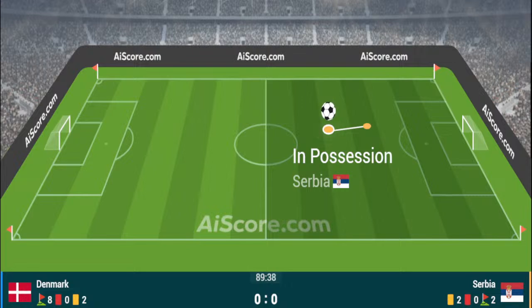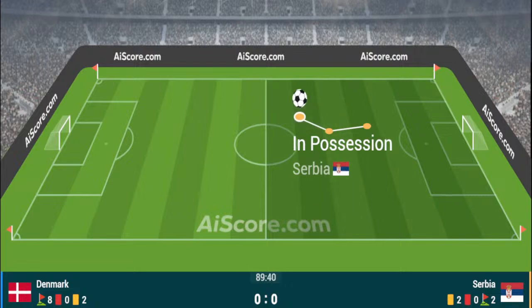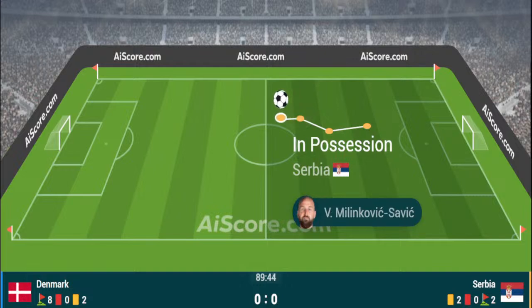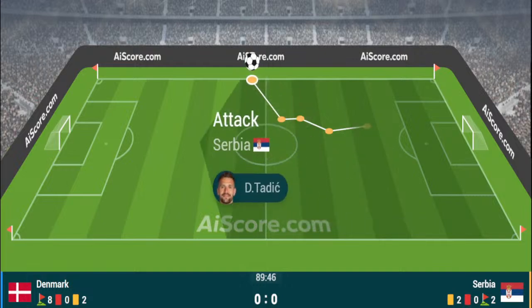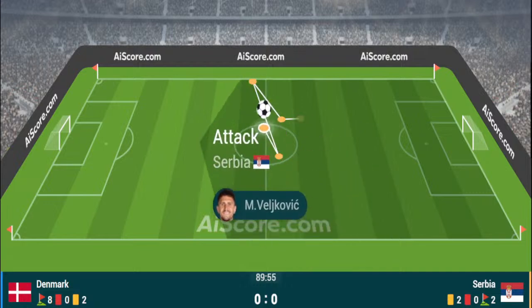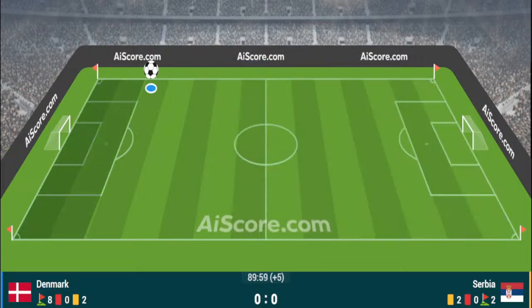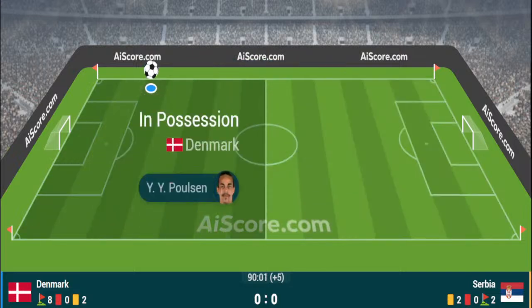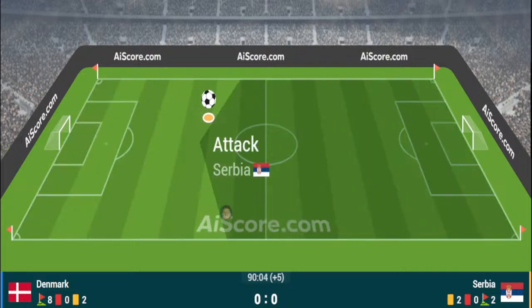And now it's gathered by Milinkovic-Savic, and Milinkovic-Savic, once he got the support, the ball is just fizzed in towards him. Milinkovic-Savic will pick up the pieces and go towards Vlahovic with the effort, and it's just about over the crossbar. It will be a goal kick for Denmark, but Milinkovic-Savic and Vlahovic combining. Milinkovic-Savic just firing the ball in initially into the penalty area, came back to him, and then when he played it to Vlahovic, it was over the crossbar in the end, and Vlahovic just couldn't keep the header down. In truth, it was a pretty difficult technique for Vlahovic.